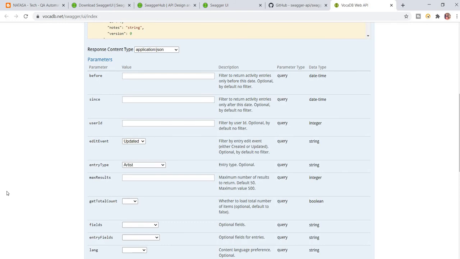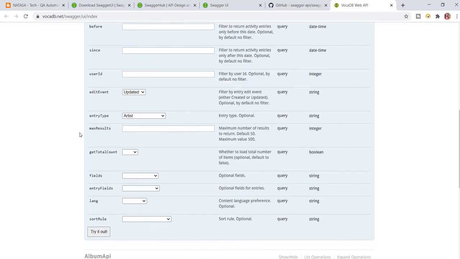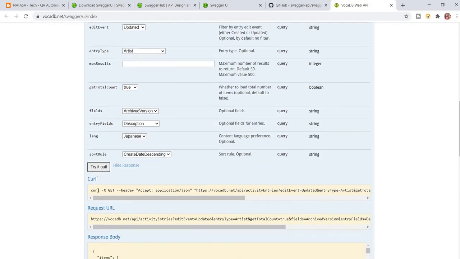The boxes available in optional type are not required for filling the details. You just try to fill a list box value, that is enough. I try to select true and attribute version, entry fields, description, language Japanese, create date, something. Okay, click on try it out.